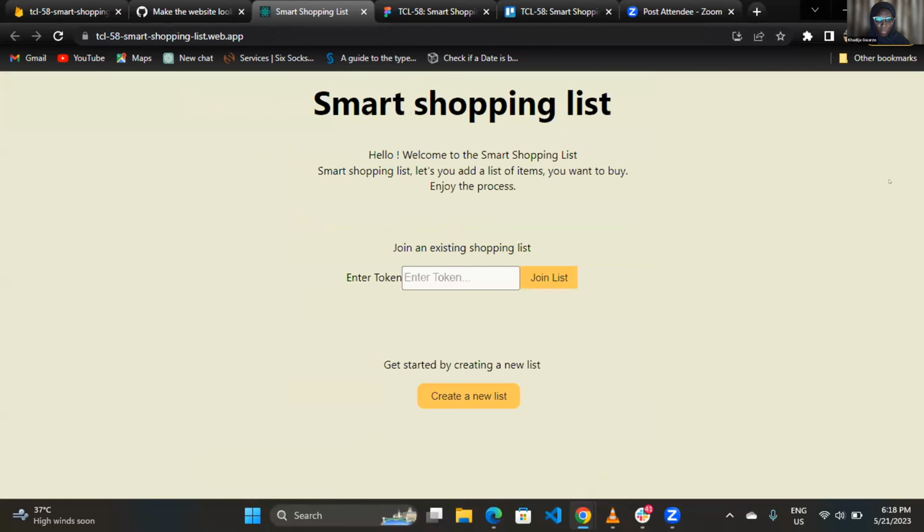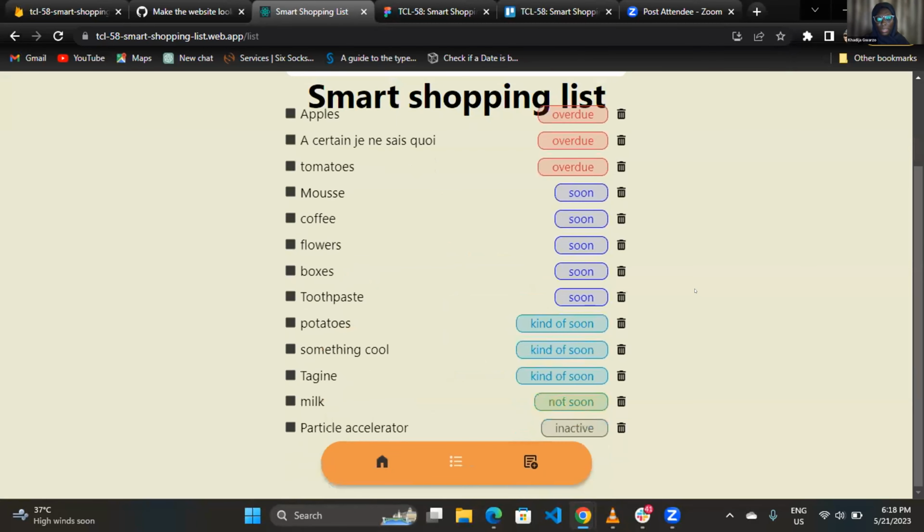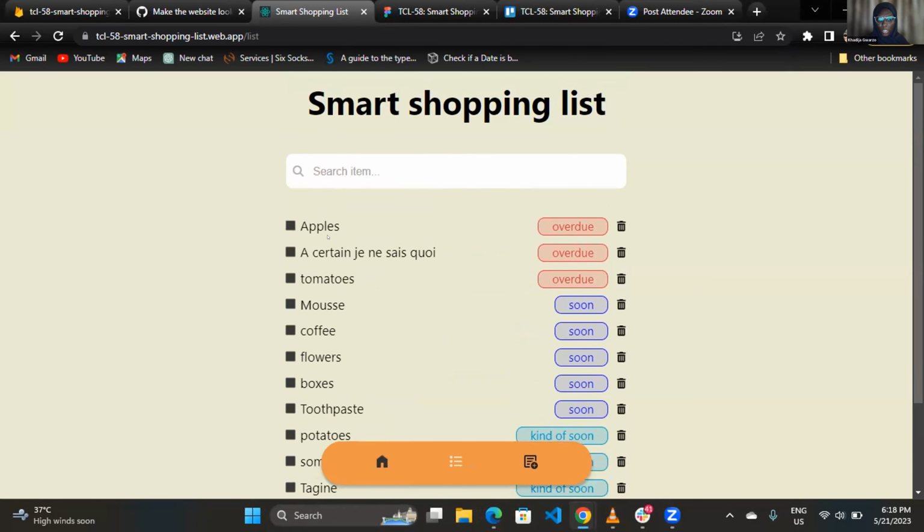So now as a new user entering the application, this is the first page that is going to appear. We have a welcome message, and then we have joining an existing shopping list, and then the get started by creating a new list. So assuming we're joining an existing list, let's join the my test list. This is the my test list. It's going to display